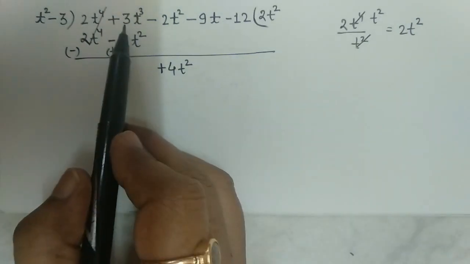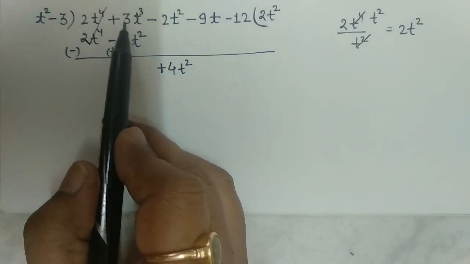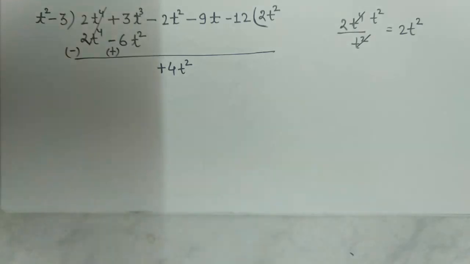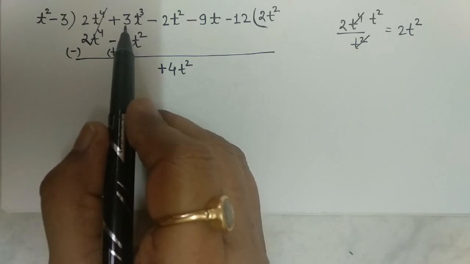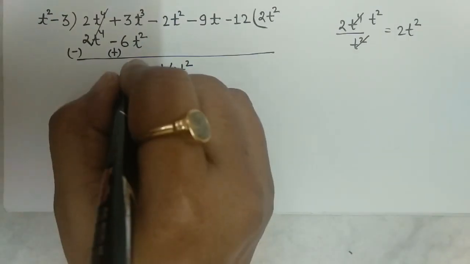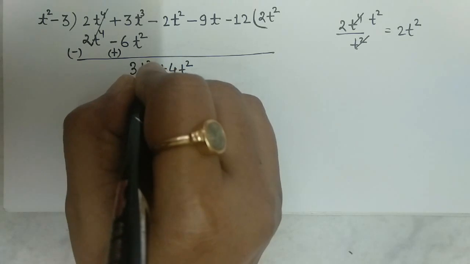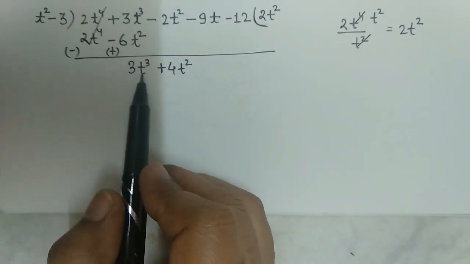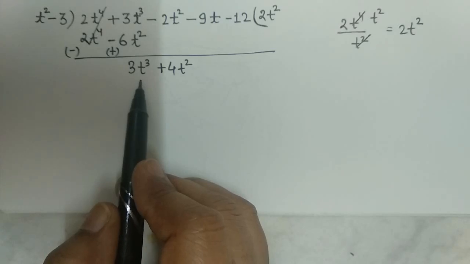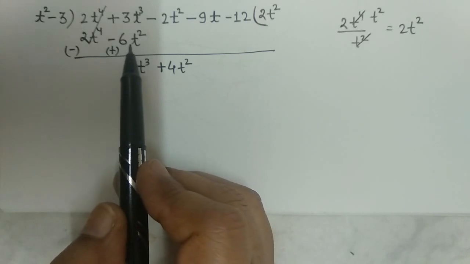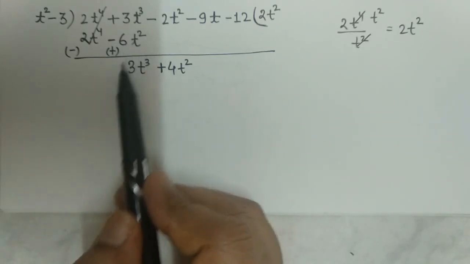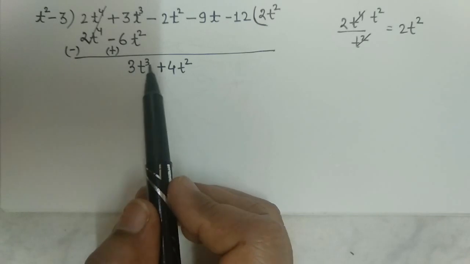Okay. Now there was no term just below this term 3t cube. And whenever you write any dividend or any polynomial, the highest degree term must be written first. So I will write this 3t cube here. यहाँ पर ये 3t cube ऊपर से नीचे एज इट इज आ जाएगा, क्योंकि इसको अभी तक किसी भी चीज से हमने कैंसिल नहीं किया है या सब्ट्रैक्ट नहीं किया है, इसमें कोई ऑपरेशन नहीं हुआ है, तो इसको हम एज इट इज लिख देंगे 3t क्यूब.